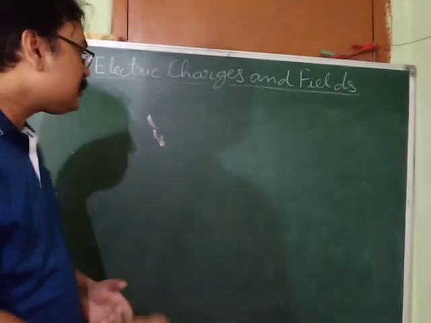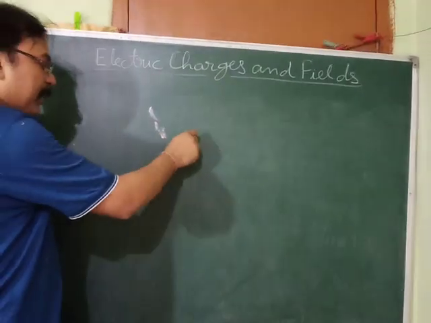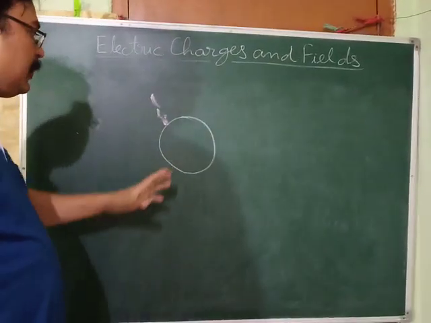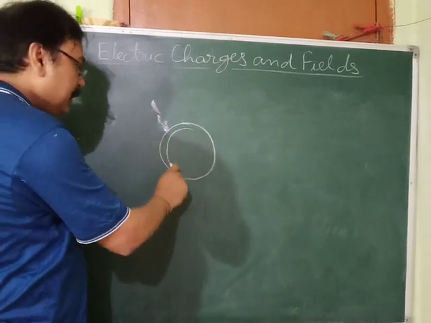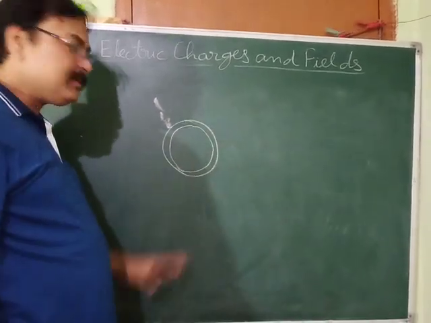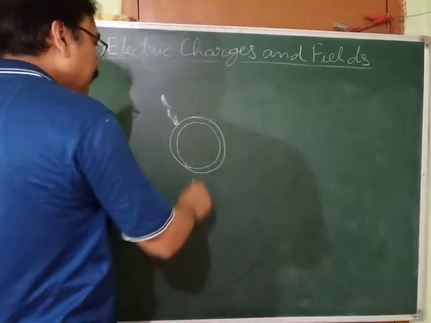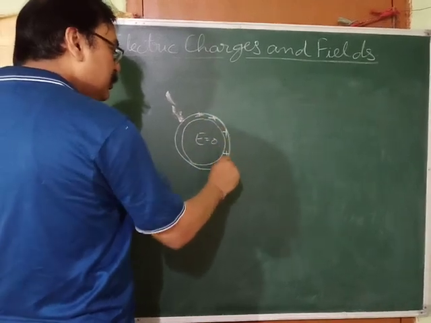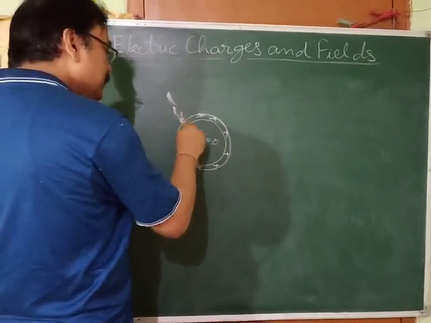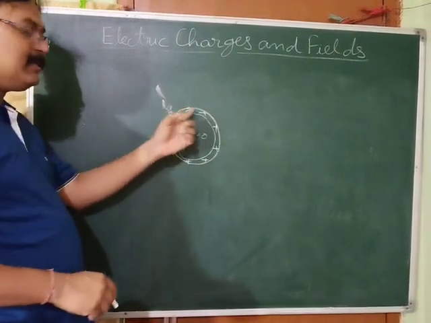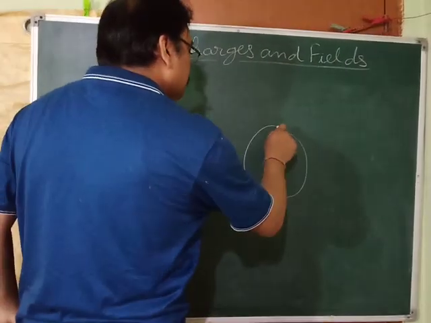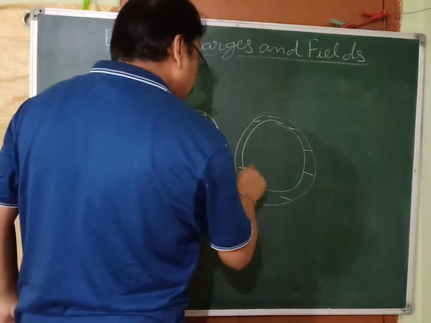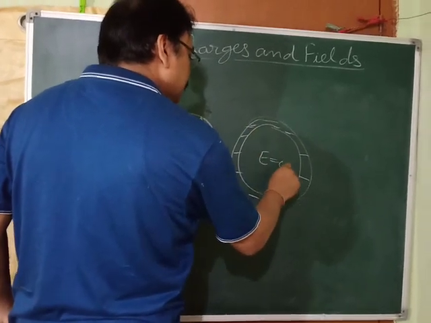In the third application, we came to know that whenever there is a conducting sphere or any conducting body, if it is hollow from the inside, suppose it is like this, a spherical shell we can say, then in the cavity what do we find? Electric field is how much? 0. Even if it is charged, the electric field inside the cavity is 0. You might be thinking it is positively charged. No problem. It can be negatively charged also. Then also what will you find? In the cavity the electric field is 0.